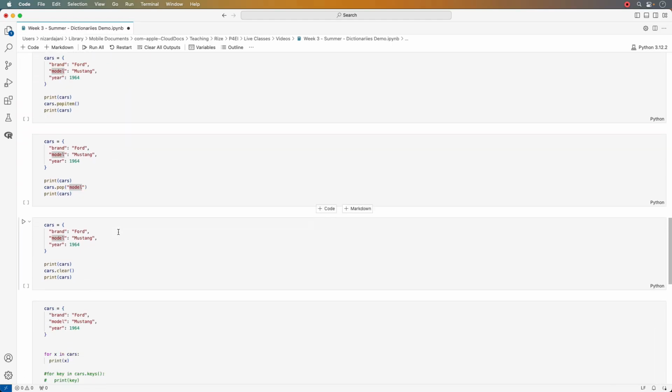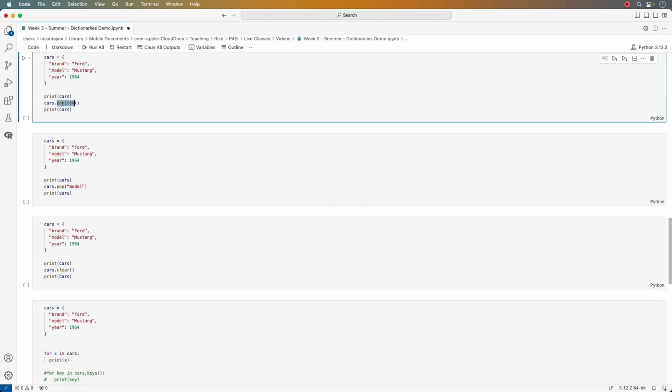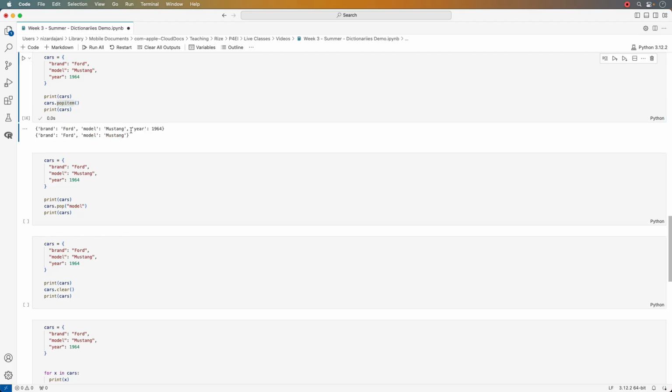Another method that we can call on dictionaries is popitem. Now you might remember from lists that pop is usually associated with getting rid of something. So popitem, is it going to get rid of the last key value pair? Well, let's give it a shot. I'm going to print out the original cars dictionary. I'm going to pop an item. Then I'm going to call the cars dictionary one more time to see how it changed. So let's run this. Okay, so popitem with no arguments passed basically deleted the last item, or popped out the last